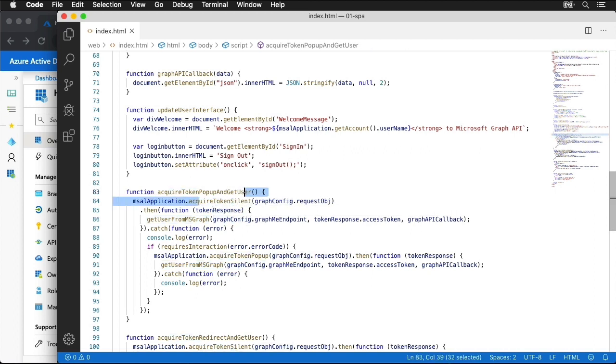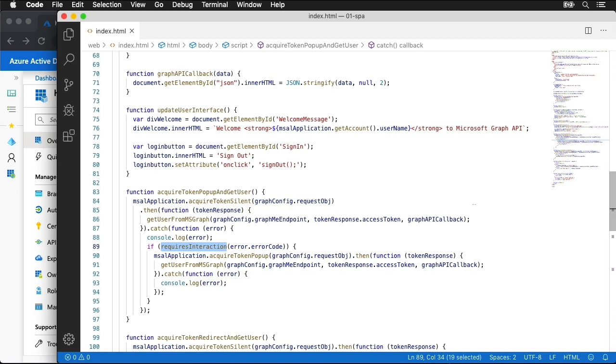So let's say acquire token silent fails. What that means can be a couple of different things, but it may mean that the token is expired. It may mean that it didn't find a matching token for the same endpoint, for the same user, with the same scopes. It may also mean that it simply failed to get the token. If any of those things happen, it's then going to come over here and write the error out, and then I have a function here called